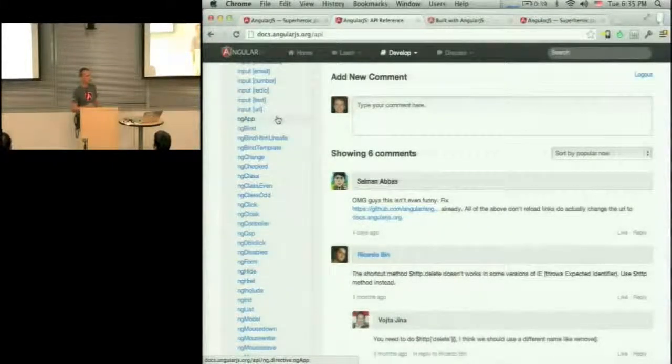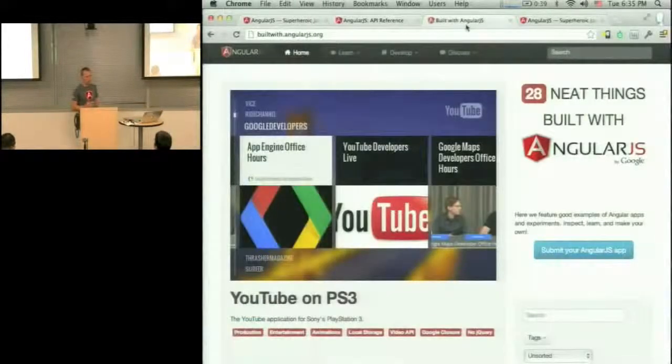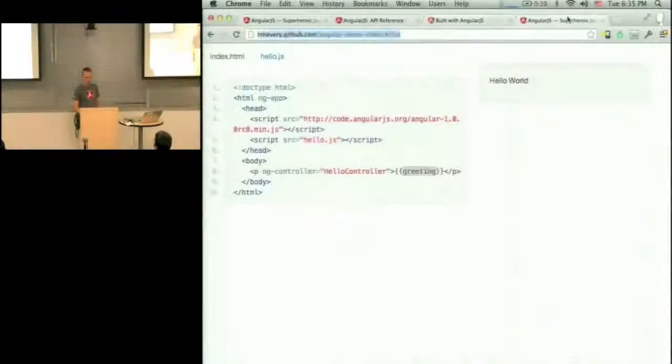If you go to docs.angularjs.org/tutorial, you can go through building of an application, which will show you everything you need to know and how we test and how we run tests. There's Build with AngularJS, which is a gallery of applications that were already built. Many of them have a link to source code, so you can check out these applications. And that's